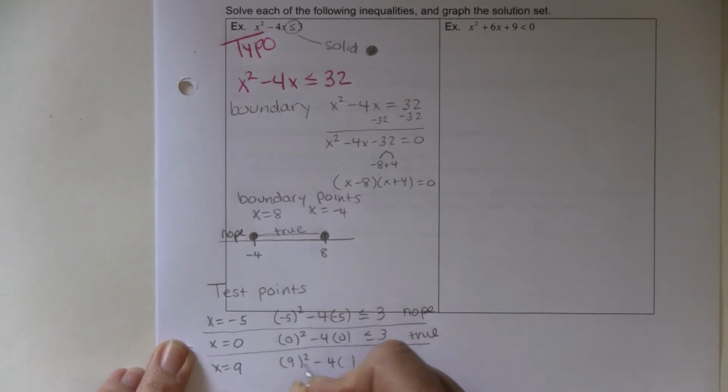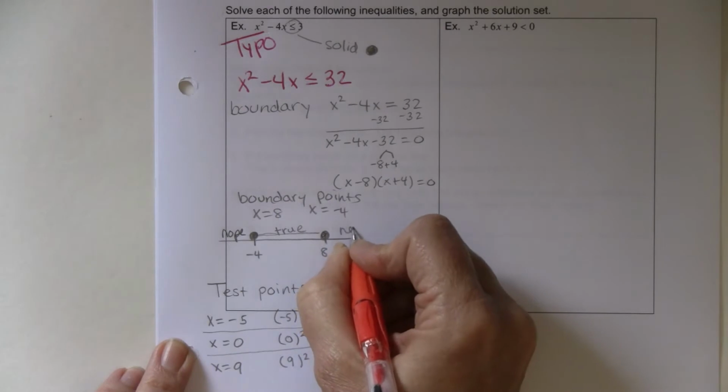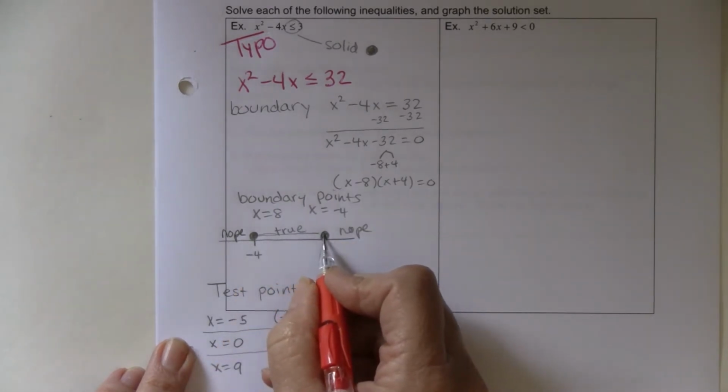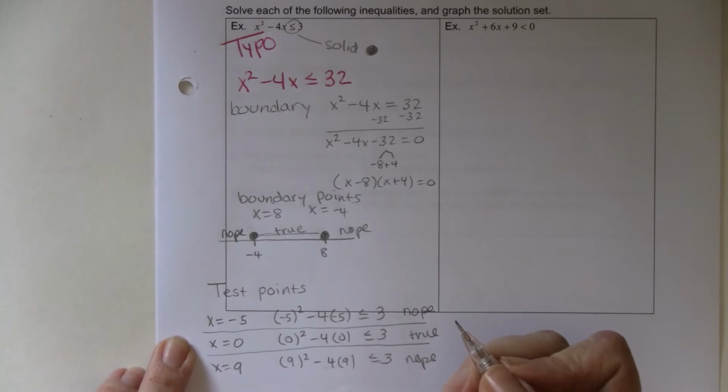So when I put in 9, I get 81 take away 36, which is still bigger than 3. So this is nope on trueness, right? So this is nope over here. So my solution is between -4 and +8. And how you write that